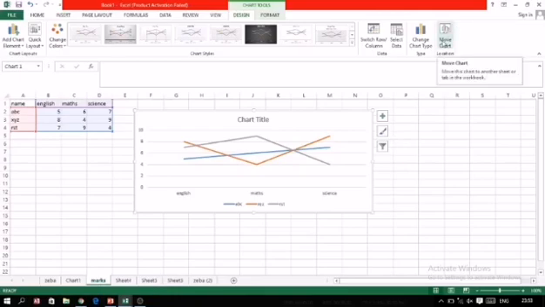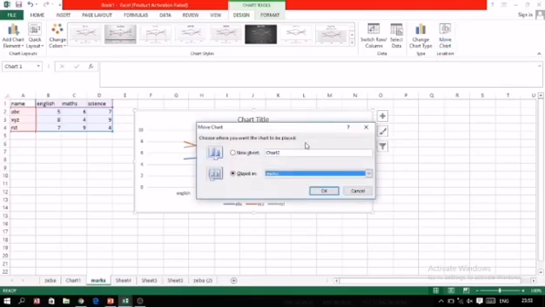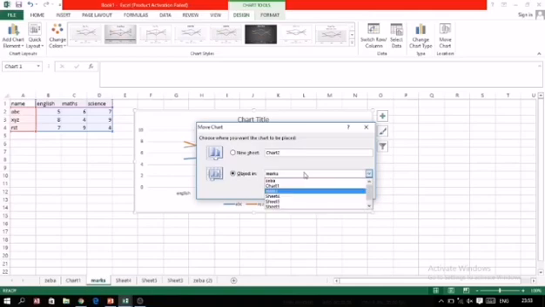So there is a button, Move Chart. Click on the Move Chart button. Now, as a new sheet, where I want to move it onto a new sheet, I have to select the option Chart 2. Then automatically a new sheet will be inserted. Object in means it will be inserted on a particular sheet, sheet 5. So it will be inserted on sheet number 5.